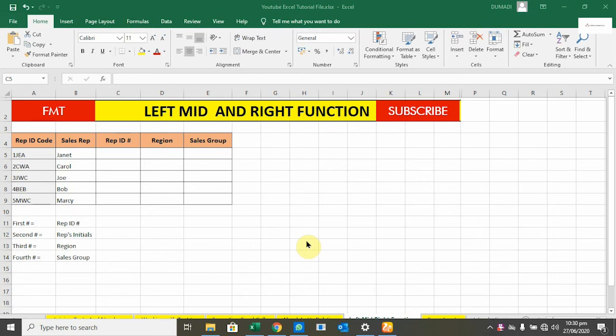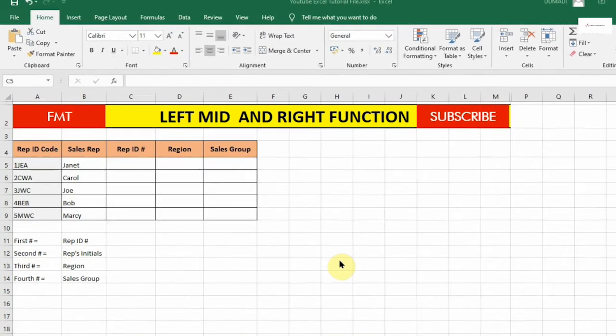Today we are going to look at the LEFT, MID, and RIGHT functions in Excel, and how to use them to extract fixed text from one point to another. So without wasting much time,